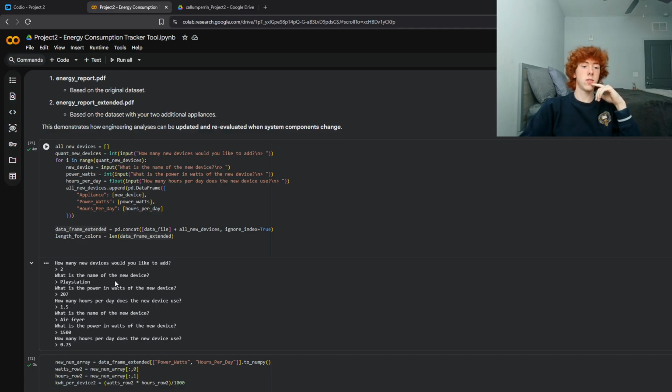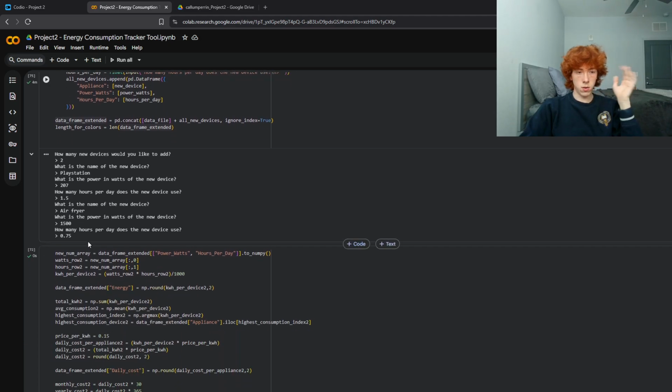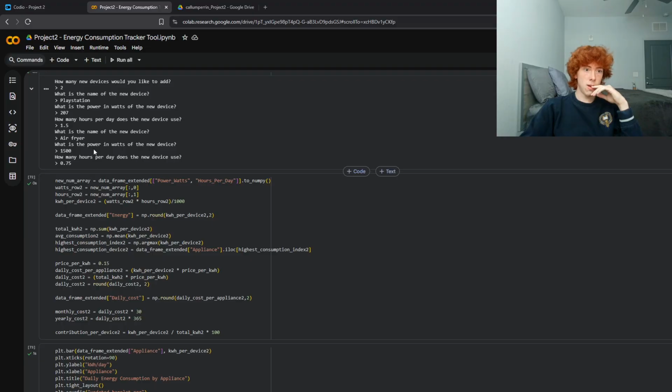I asked how many devices they wanted to add. You can see this is all variable. It could have asked this a million times if they wanted to add a million items. Well, I don't know if the computer could actually process that, but